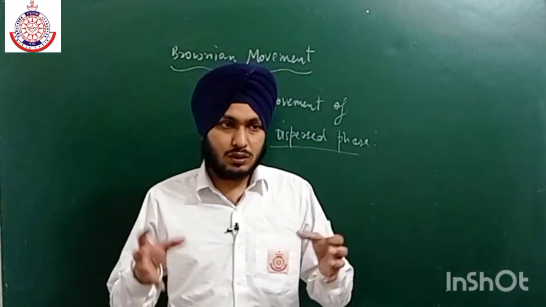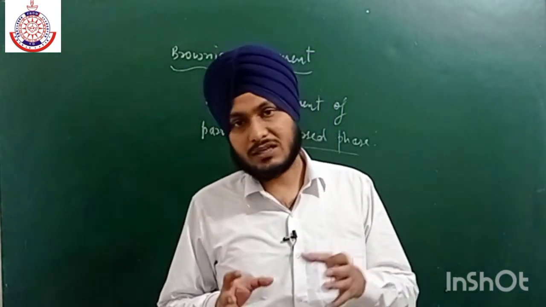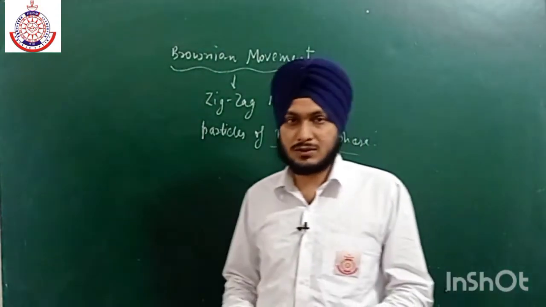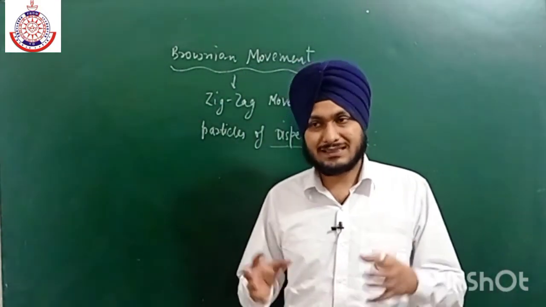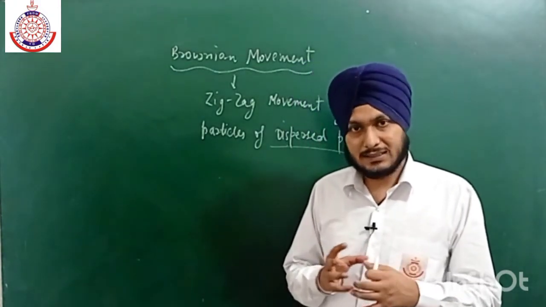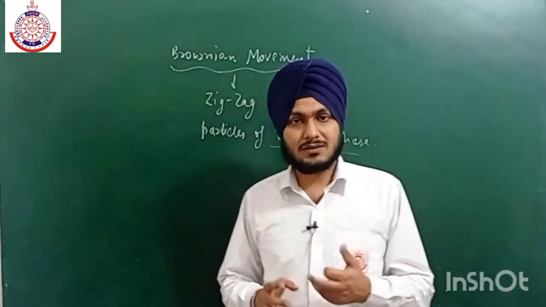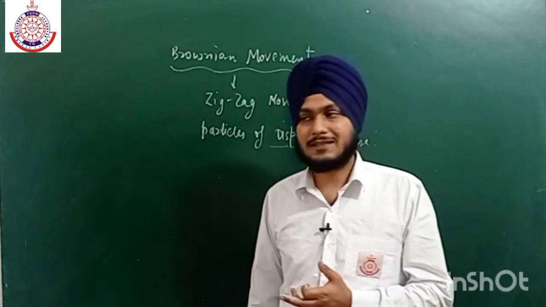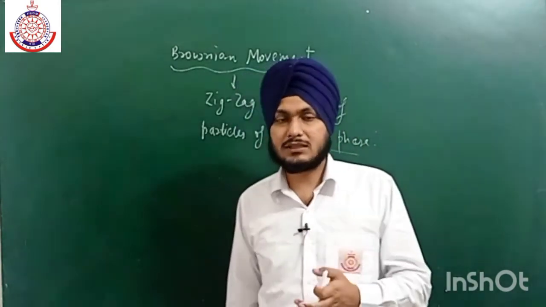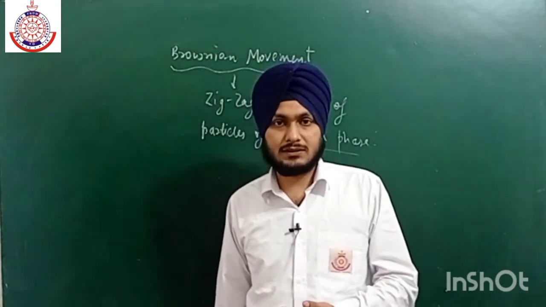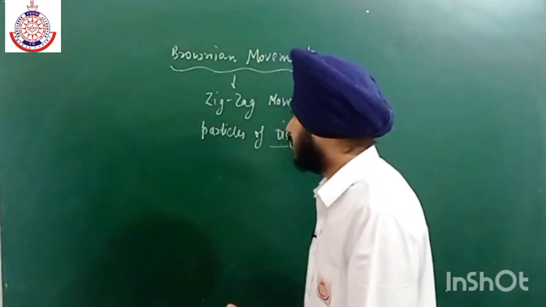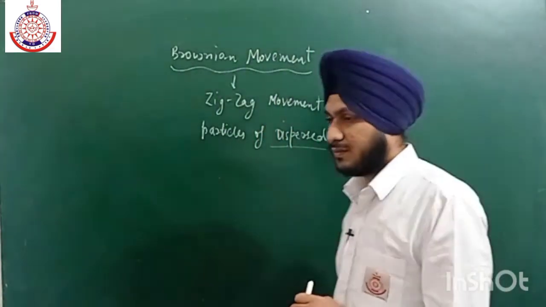ठीक है, तो coagulation नहीं हो सकता. If coagulation takes place, then stability will be lost. Okay, तो coagulation is inversely proportional to the stability. तो जैसे ही coagulation होगा, वैसे स्टेबिलिटी क्या हो जाएगी, डिक्रीज हो जाएगी. That is why lyophobic colloids are less stable, because in those colloids coagulation takes place. So this is the main advantage of this Brownian motion.